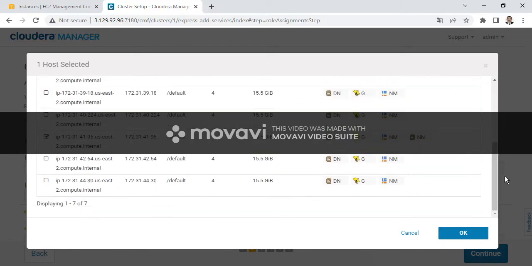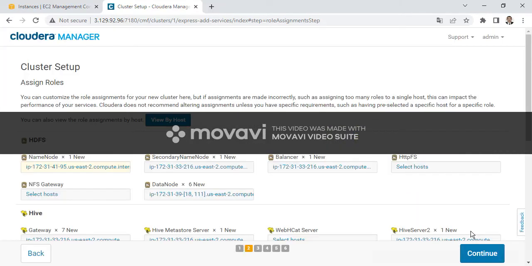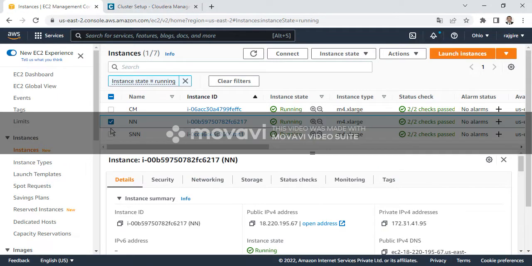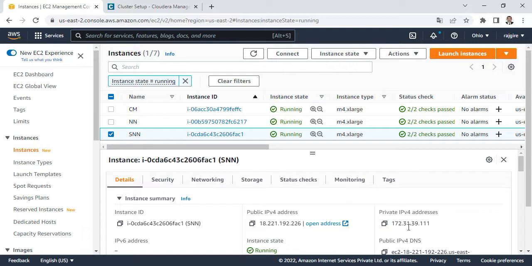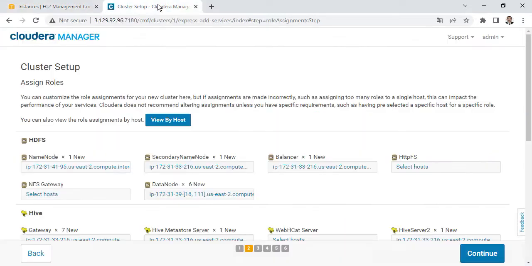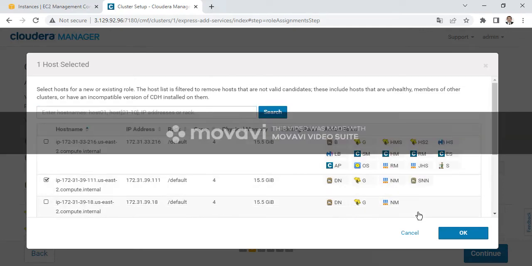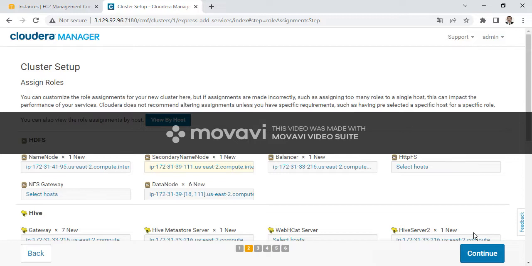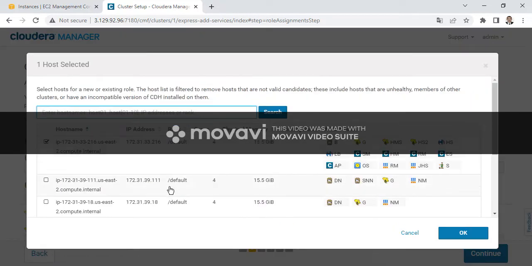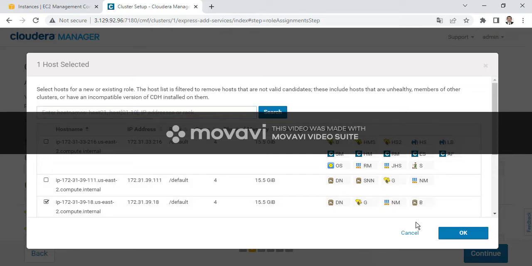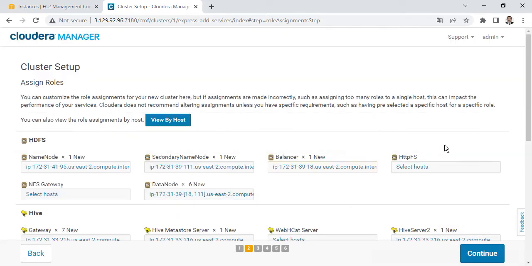Then the secondary name node. Where have we taken the secondary name node? The secondary name node is on 111. So remove it from here. This is the secondary name node. Okay, and then we'll take a load balancer on this,